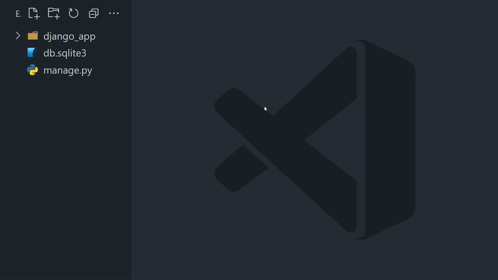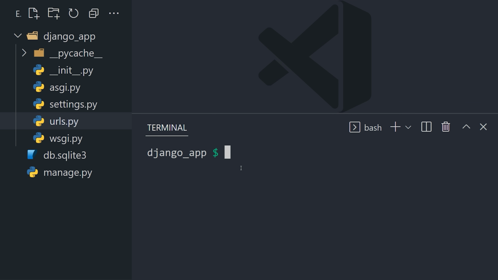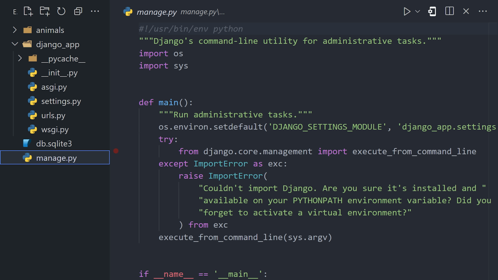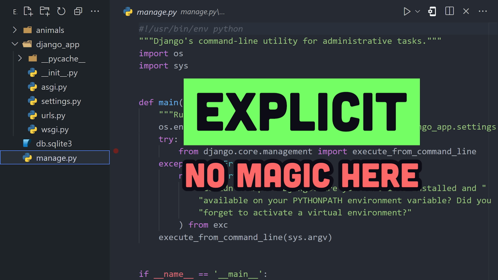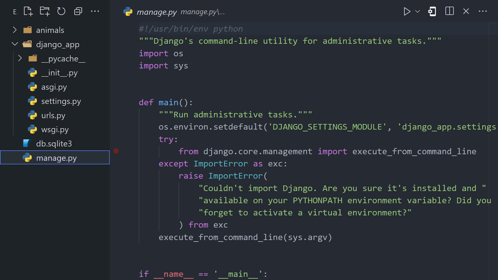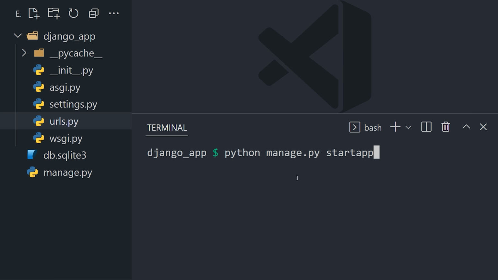When you generate a new Django app, you'll notice the file structure is far less overwhelming than Rails, but at the same time, it's still very much a batteries included framework. In addition, your code tends to be a lot more explicit. For example, we have this manage.py file that contains the code for the actual command line interface to generate things in the project. We could use it to serve the app locally or generate an app to represent a feature